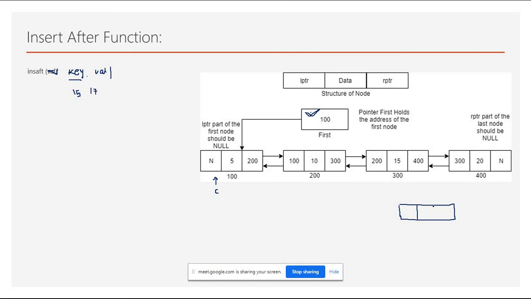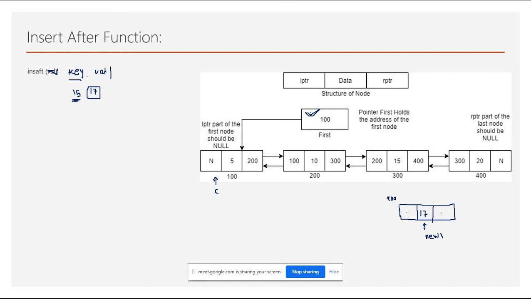Suppose the new node is created at address 900, and your new pointer is pointing to this node. Because the user wants to insert 17, first you put 17 into the new one's data part. Initially you keep a null value in the LPTR and a null value in the RPTR, so we set LPTR and RPTR of the new one to null initially. Now we just have to find 15.